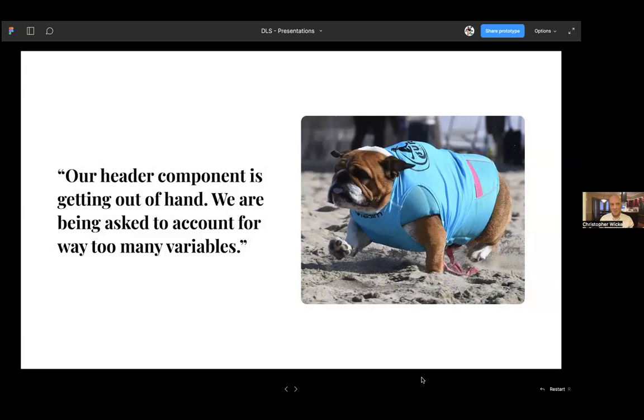That's also not possible. We saw that manifest in specific components that got really bloated. So right here, we had a quote from someone about our header component where they said it was getting out of hand. We're being asked to account for way too many variables.